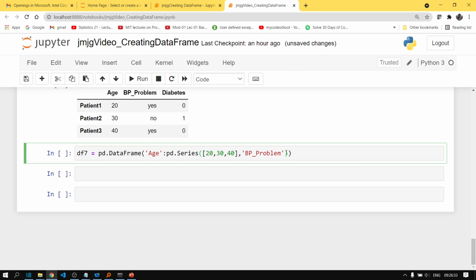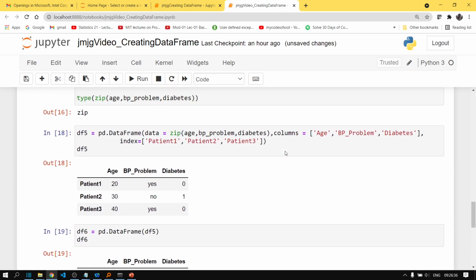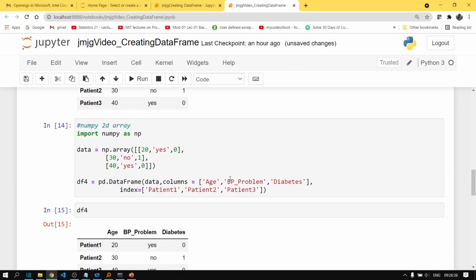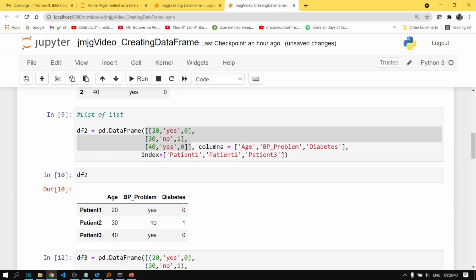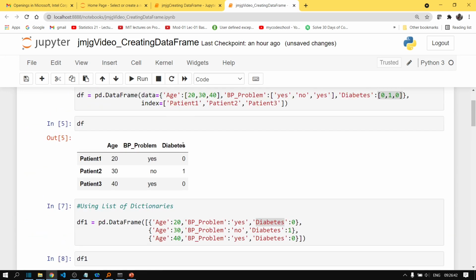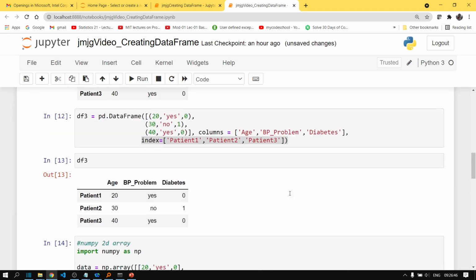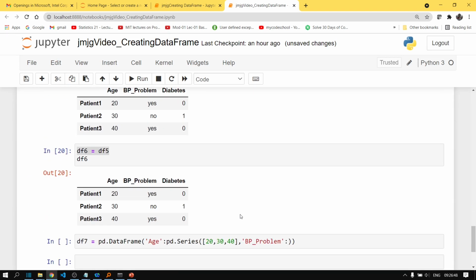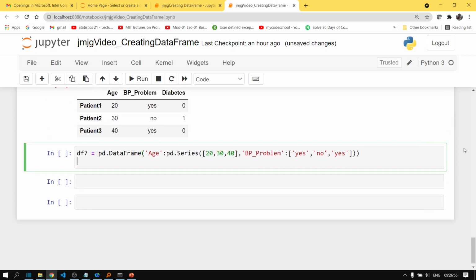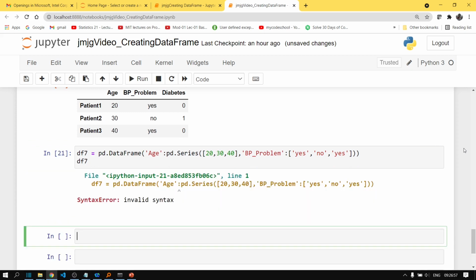Fine, a series of yes, no and yes. Yes, you can pass a series like this. Okay, there was some syntax error. Let's check that.